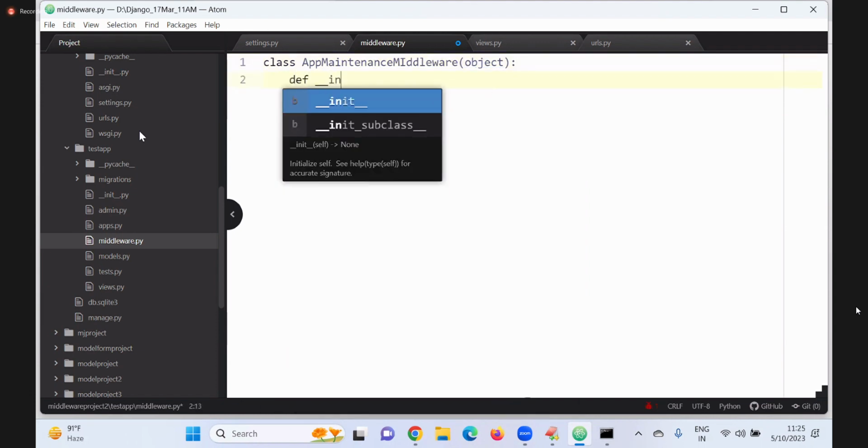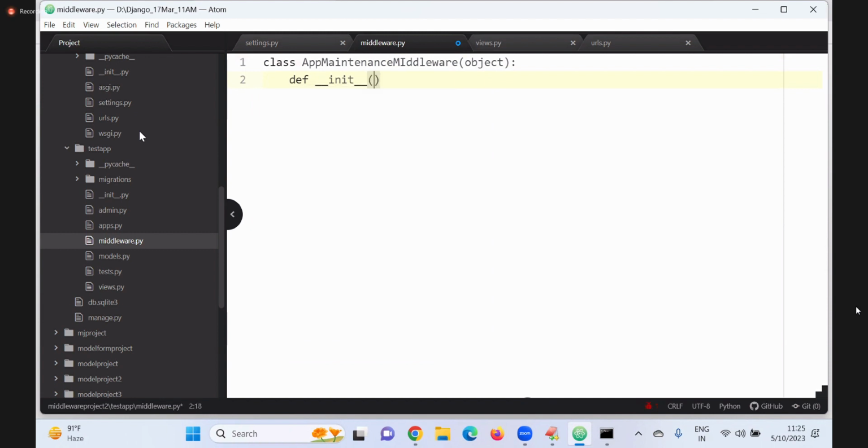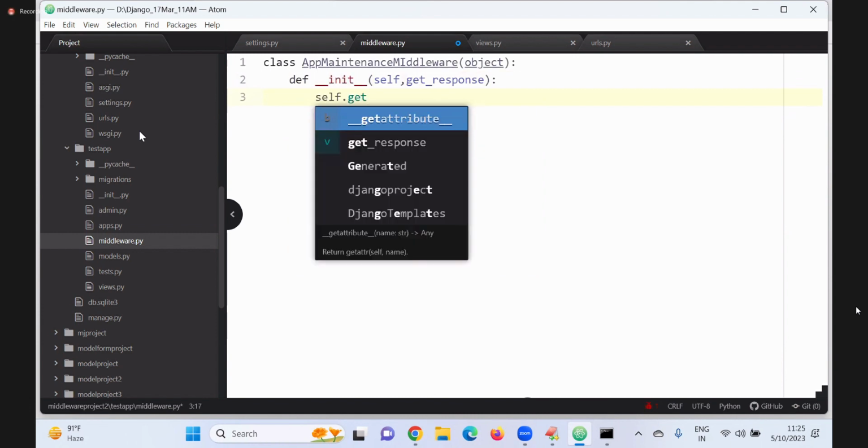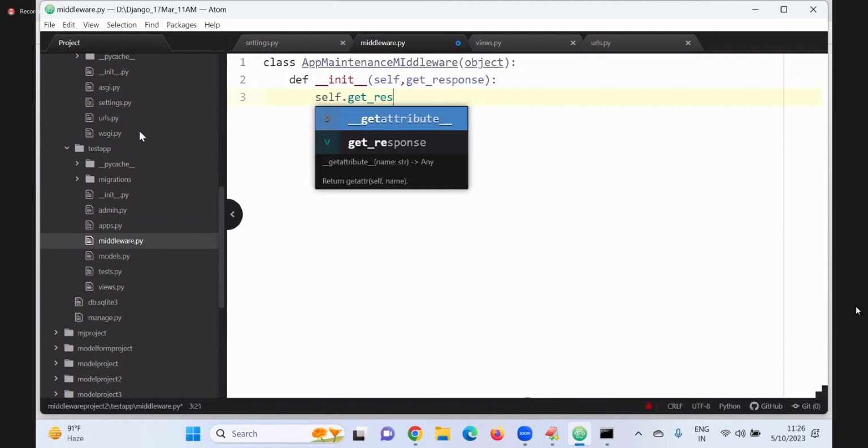This is the only way to declare a constructor in Python: underscore init underscore. The first variable should be self, which points to the current class object. Second, my variable get_response I can provide there. Now I can initialize self.get_response. This is my variable.